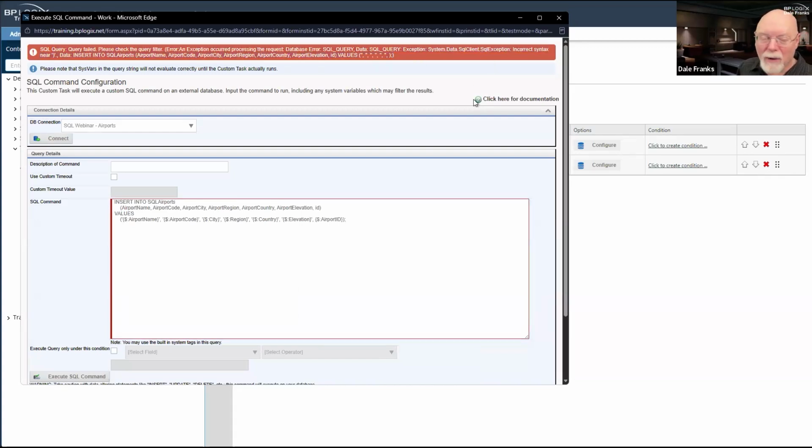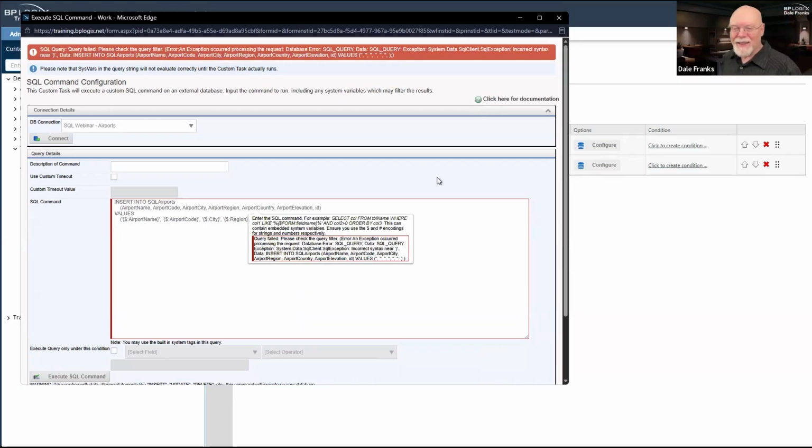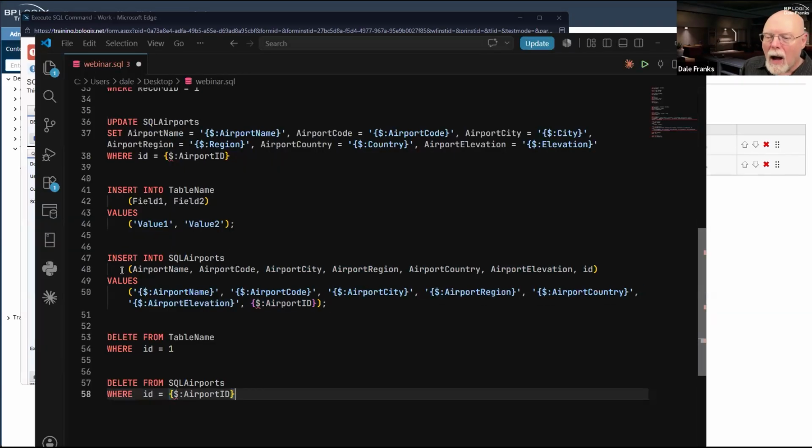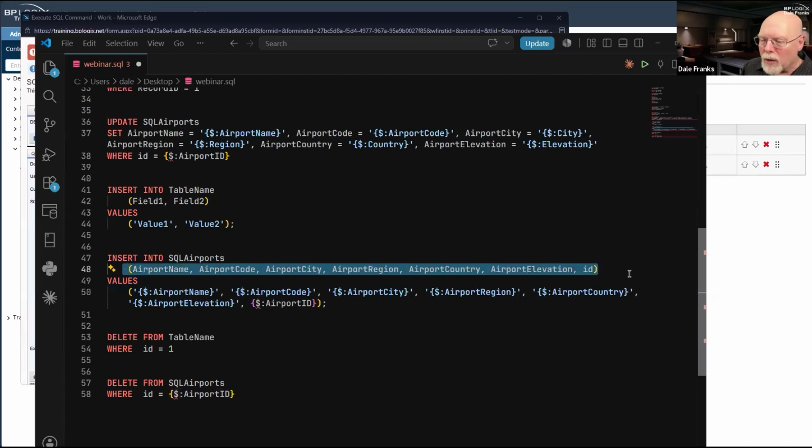Okay, great. Well, at least I know that in its current state, this is not dangerous. It's not even adding my record in here. I've inserted data, but I haven't included any data. And so it is not going to insert the data. I should point out here with this SQL statement, I am including all 7 fields here.